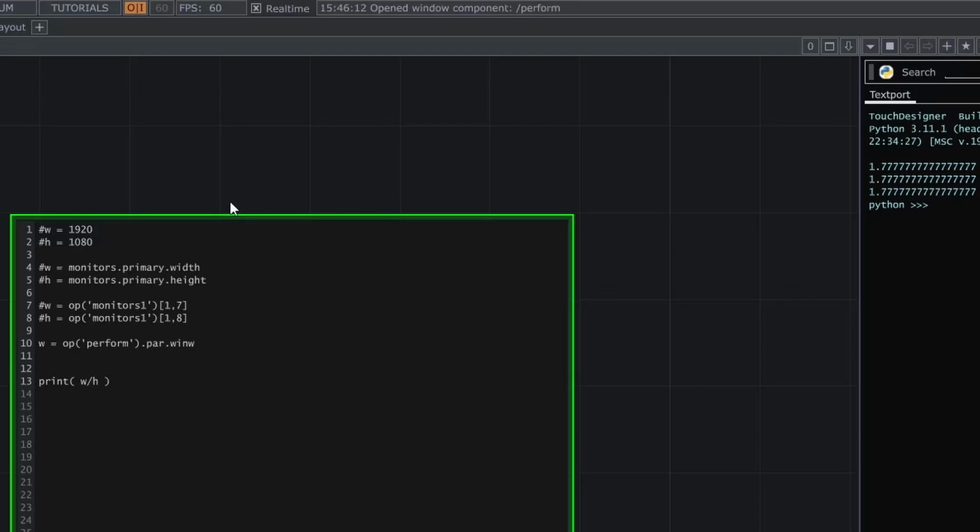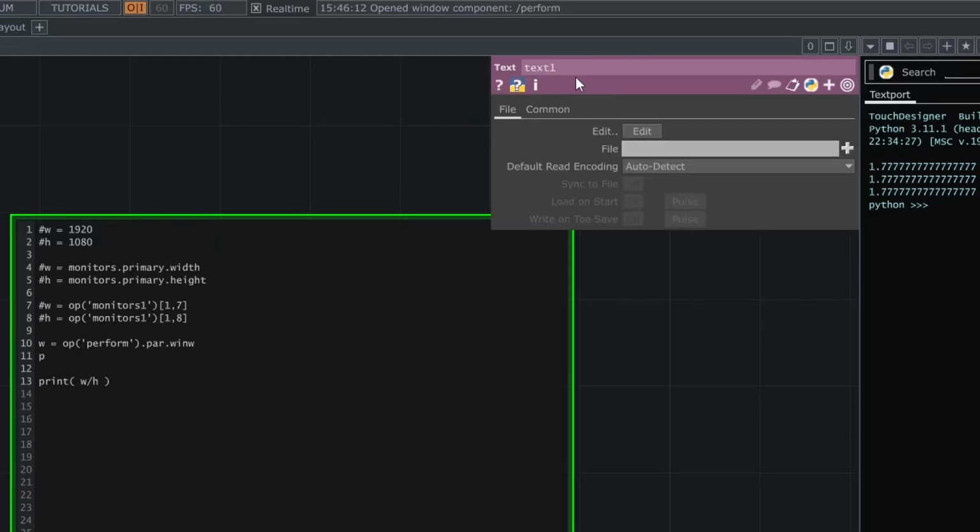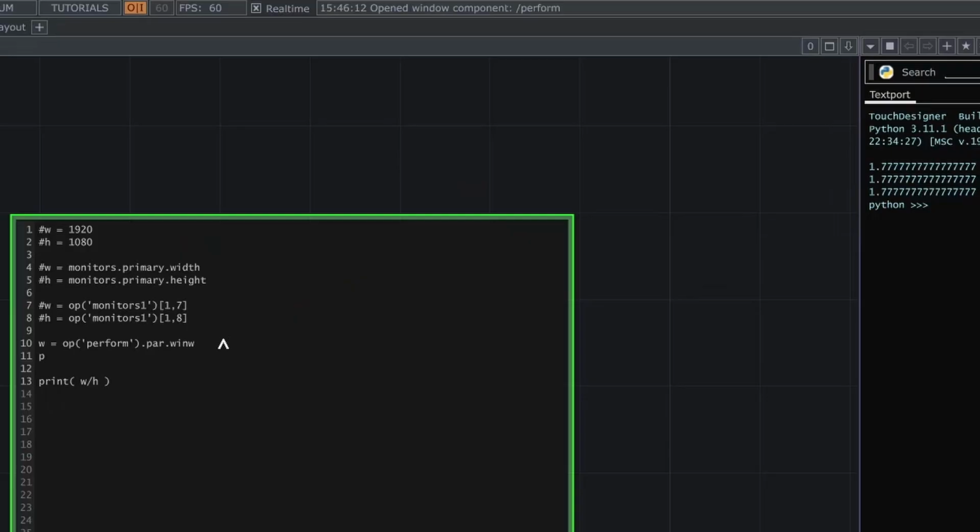I don't know if you saw that, but if you don't know this, if you go to any parameter, you can hover over it to see what the name is. So that in gray it says file, here it says edit, here it says default read encoding. So that's the name that you would access it with through Python. So this one was WinW, and then same thing here, op perform